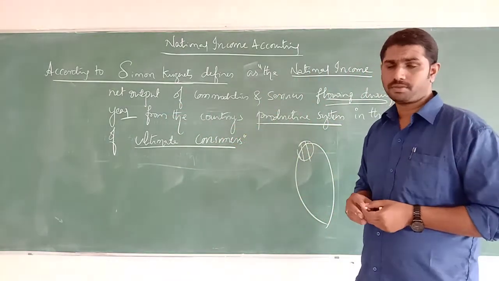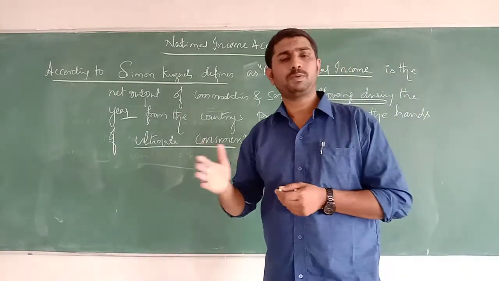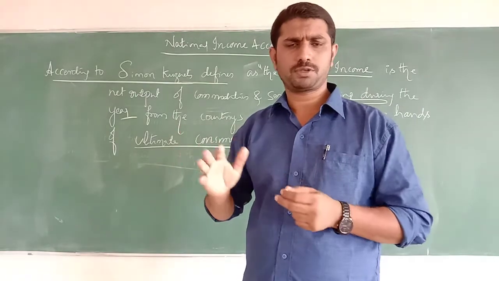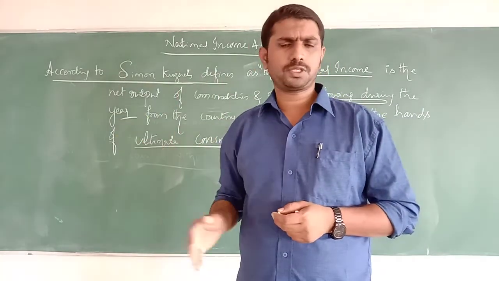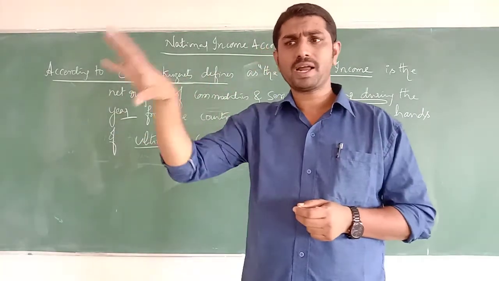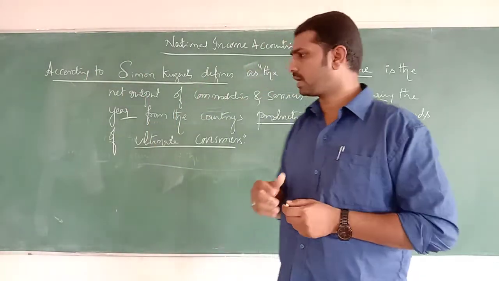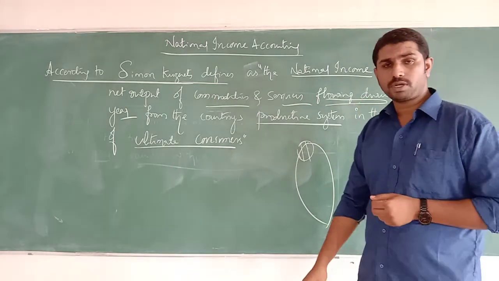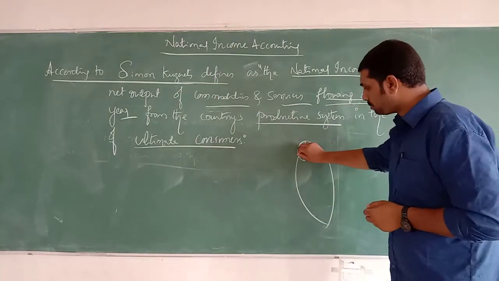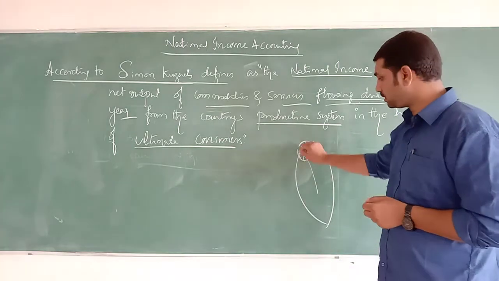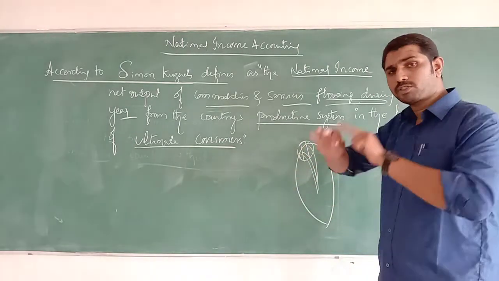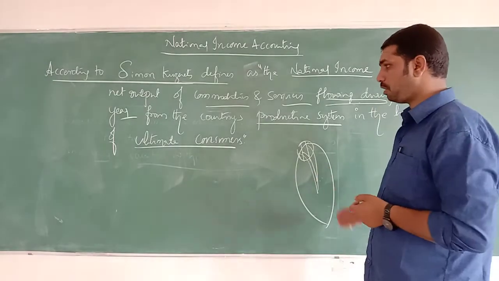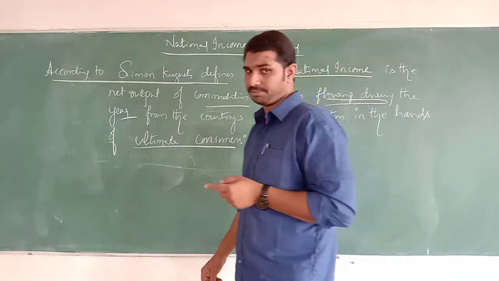during the year. Net output, in the sense, is by deducting whatever the cost, whatever the amount of expenses there are, or depreciation cost and all. Deducting all those expenses, whatever the net figure which has been marketed, that is called the net output or exact value of all those commodities and services flowing during the year. Whatever goods have been produced from the primary, secondary or tertiary sector, a mix of all the sectors, the monetary value of those goods which have been counted in a year.